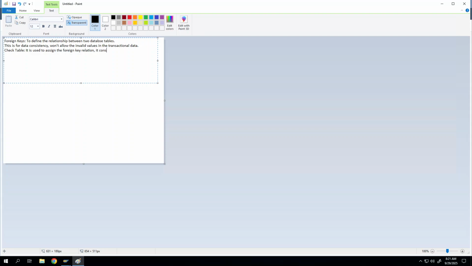It contains primary key fields to refer to the fields in the